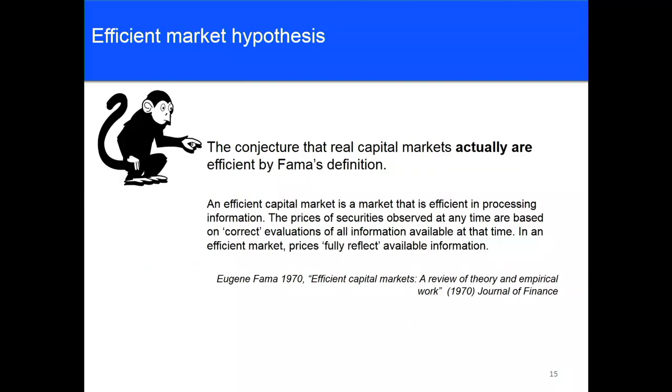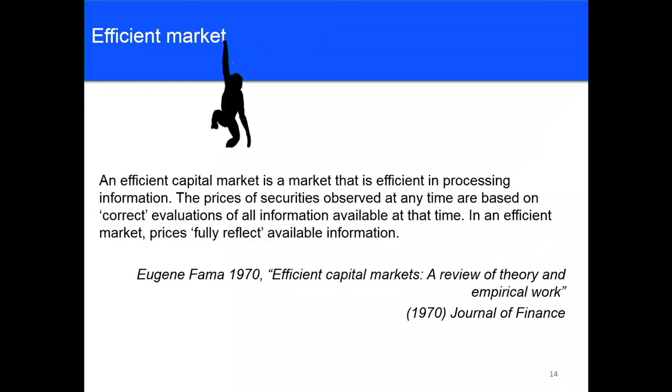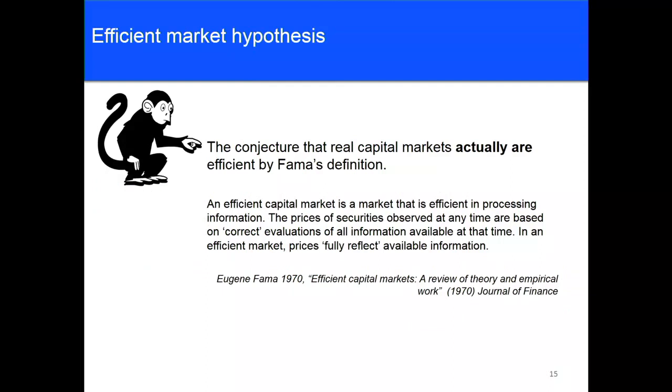So this seems like a fairly startling point, a definition. Could a market really be like this? And here the conjecture, the hypothesis, is that real markets actually are efficient. So that's the definition of it. And now this is the point, that markets actually are that efficient. So in an efficient market, all information is already incorporated in prices. By the time you get to it, it's too late.